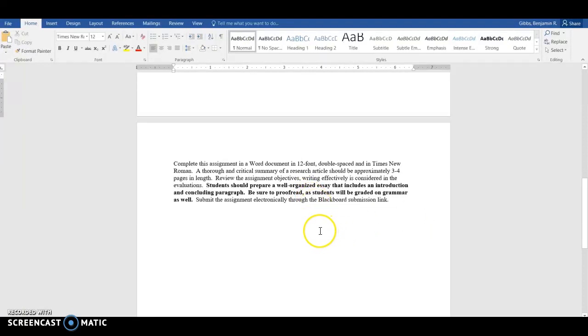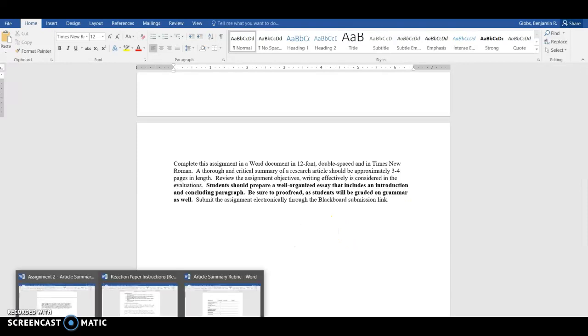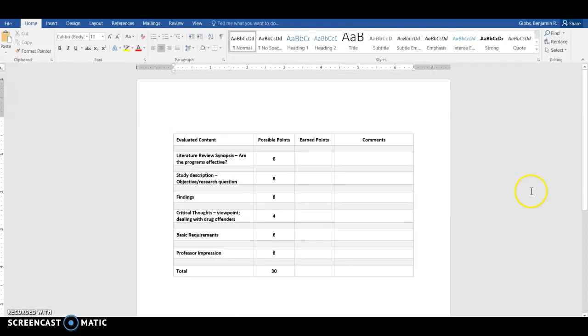Now, how I grade these particular assignments. You'll get your rubric when I complete the grading. You'll get your assignment that I've marked up a bit with track changes, and you'll get your grading rubric showing where you earned particular points.